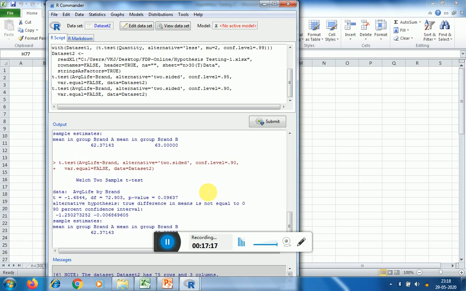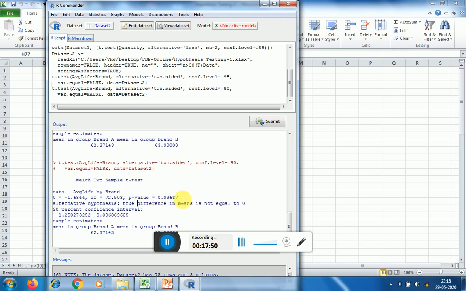Since we selected 90% confidence level, which means 10% level of significance, we compare this p value with 0.10, and this value is less than that.